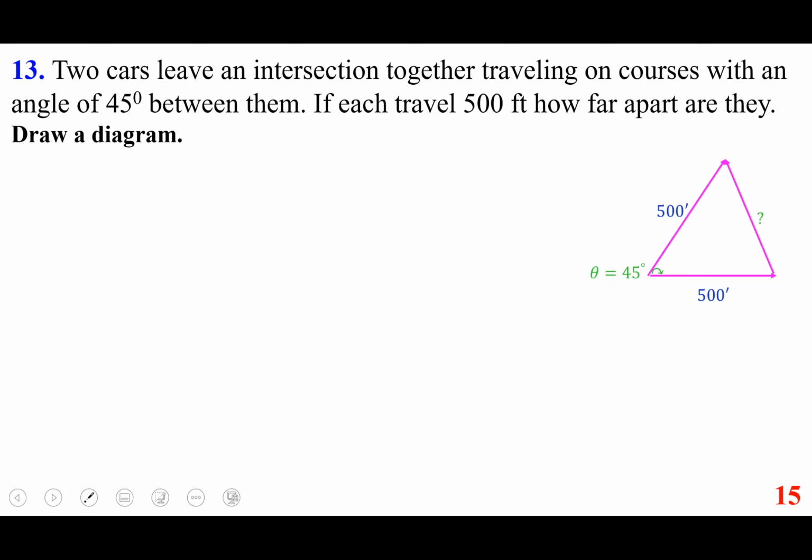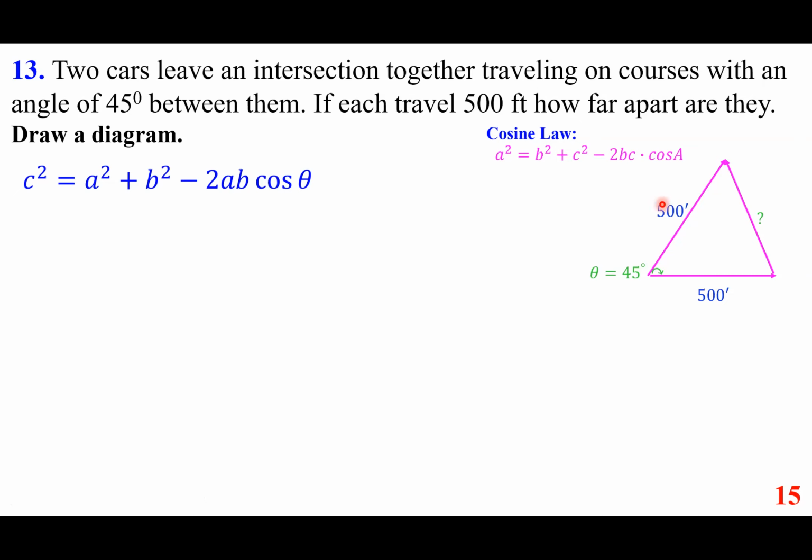We are interested in this distance. Again, this may not be to scale. So A squared is B squared plus C squared minus 2BC cosine A. If you want to use C squared equals A squared plus B squared minus 2AB cosine theta, that's just as good. And so basically 500 squared plus 500 squared minus 2 times the product of these two times cosine of